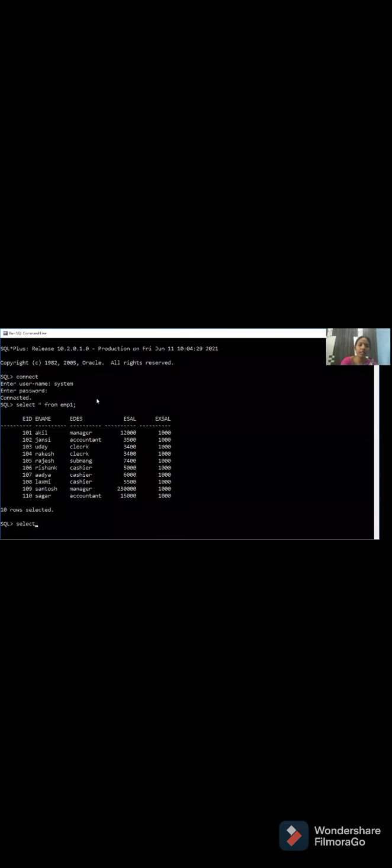Now how are we going to write it? Select star from which table? Employee 1 table. Next, where employee name is equal to Akhil. You can write capital letters or small letters, no problem.